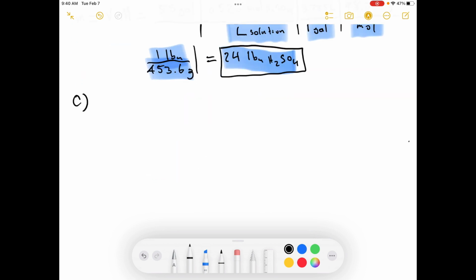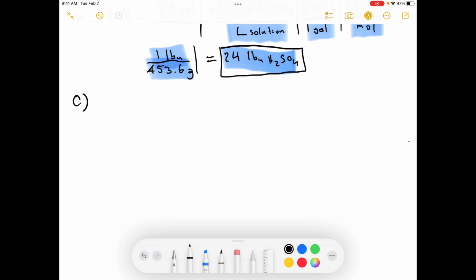All right, for part C, it says the mean velocity of a fluid in a pipe equals the volumetric flow rate divided by the cross-sectional area normal to the direction of flow. Use this information to estimate how long, in seconds, it takes the solution to flow from the pipe inlet to the outlet. All right, so if we assume that we have a full pipe the whole way,